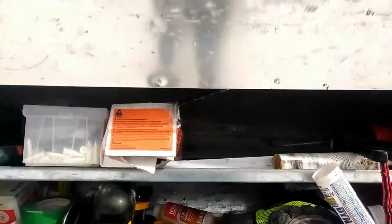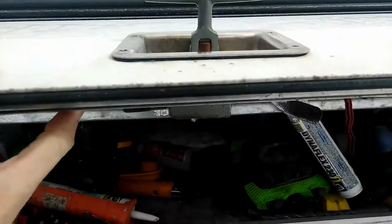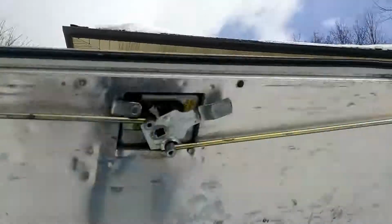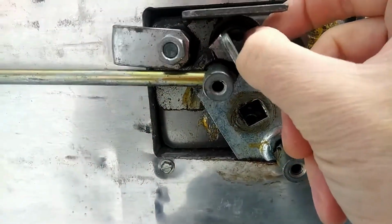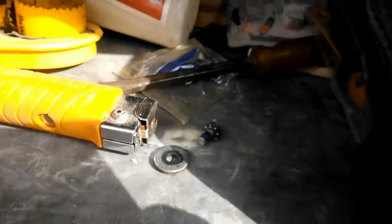Open. All right, so I ended up just reefing on the handle, just pulling really hard, and it finally popped open. It didn't bend anything, but you can see here that this washer has popped out. Whatever, you have to put that back in. I'm assuming it goes in behind this. We're going to use that,